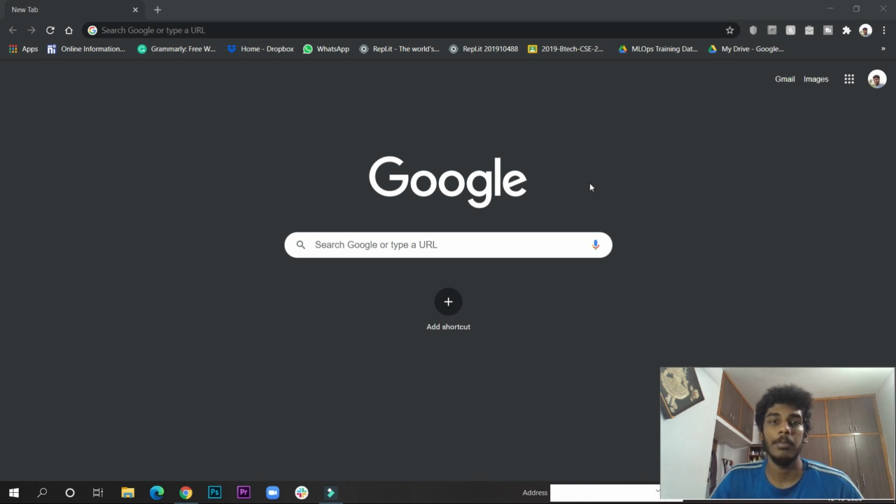I will be doing this demo in Google Colab. Let me tell you about Google Colab. Google Colab is like a free Jupyter environment. A Jupyter environment is an editor where you are able to run programs. Google Colab completely runs on the cloud. Jupyter Notebook is your own system environment, but Google Colab is all on the cloud. So we will be doing it on Google Colab.